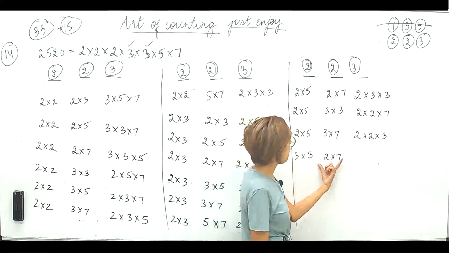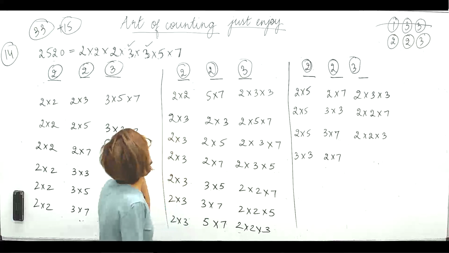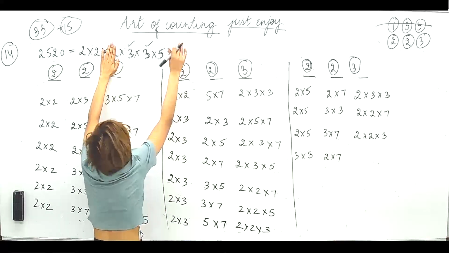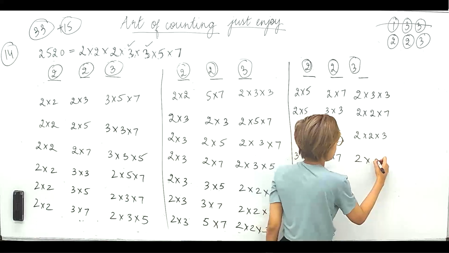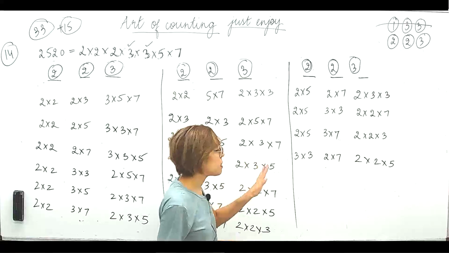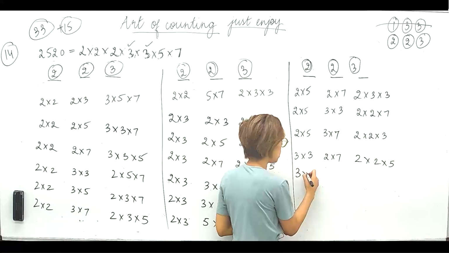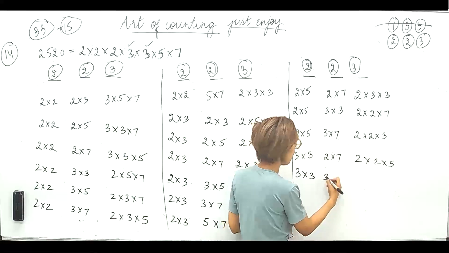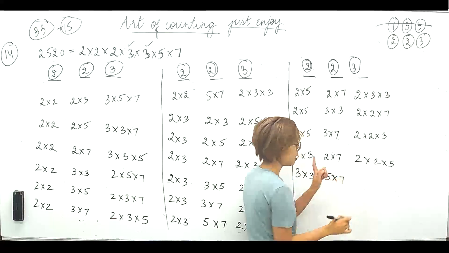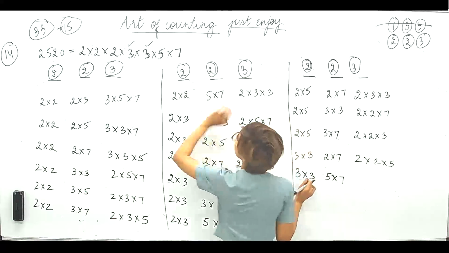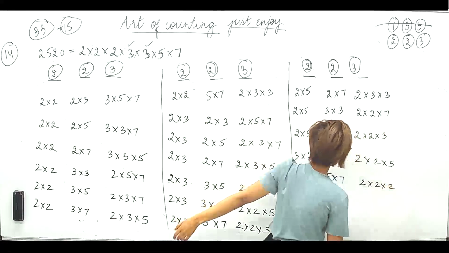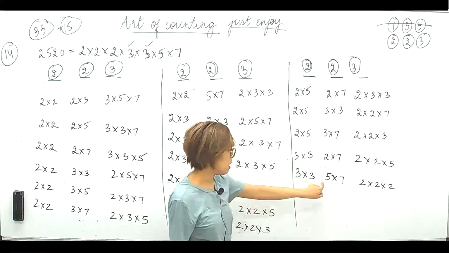So 3 into 3 and यहाँ पे 2 into 7. So let's see. 3 into 3, 2 into 7. So I am left with 2 into 2 into 5. राइट. ओके, अगर रिपीटेड केस होगा हम कैंसिल कर देंगे, नॉट अ बिग डील. 3 into 3, अब 2 into 7 एग्जॉस्टेड है, तो यहाँ पे 3 दोबारा से नहीं आ सकता. सो 5 into 7, दैट इज वन केस, राइट. 5 into 7, अगर 5 ले लिया तो हमारे पास बन गया 2 into 2 into 2. डोंट वरी, आई विल कैंसिल इट आउट, नॉट अ बिग डील, राइट. तो ये एग्जॉस्ट हो गया.